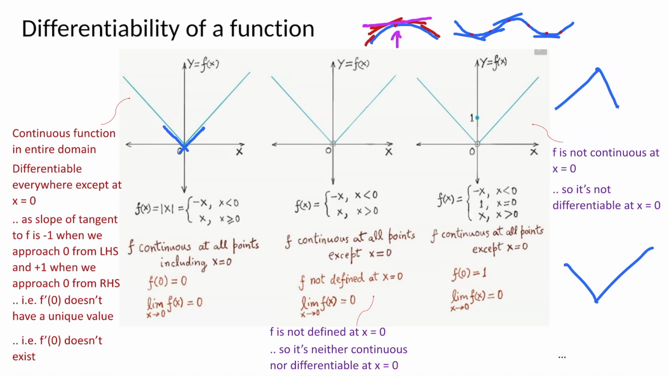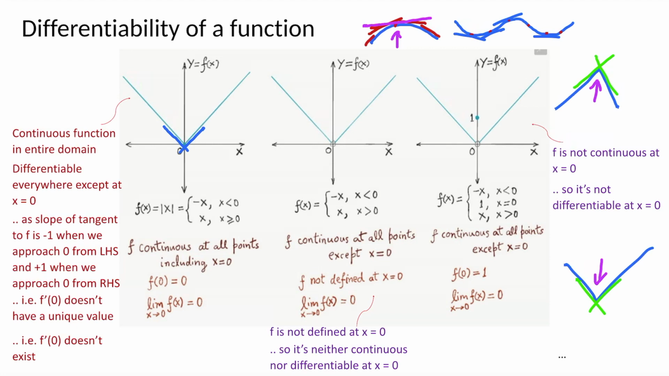And you look at the behavior of the function at this point where it takes a sharp bend, and you look at the slope of the tangent to the curve, you will see that as you approach that point from the left hand side, you get a different slope of the tangent compared to what you get as you approach that point from the right hand side. And the same is true here. You get different slopes of the tangent when you approach this point from the left and from the right hand